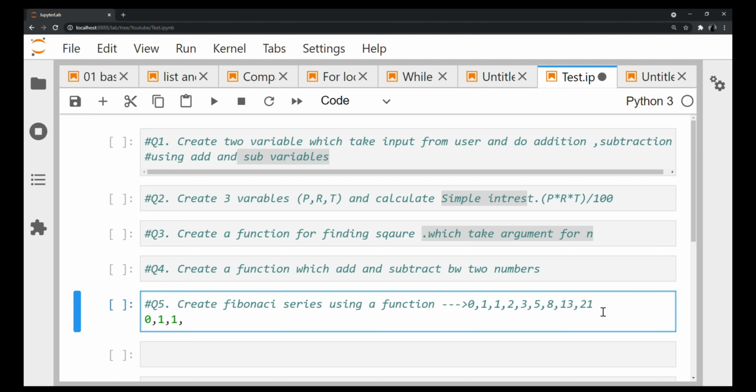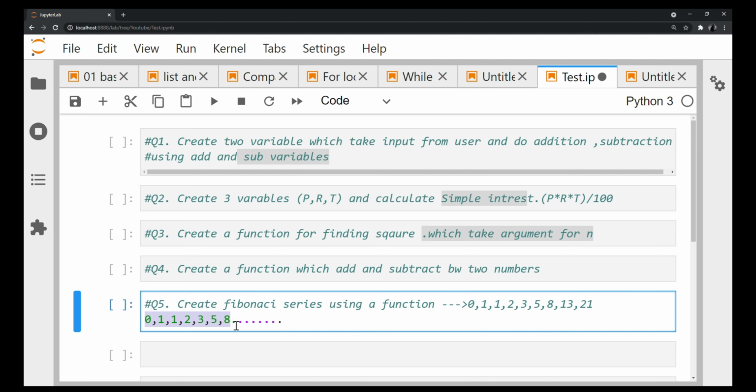And now what is the sum of the last two numbers? 1 plus 1, so it's 2. Now the last two numbers are 2 plus 1, so 3. Now 3 plus 2, 5. Now 5 plus 3, 8, and it goes on, right? So this will go on for whatever number you want. So you have to write a function here where you can give a range. I'm calling it out also, guys, you can use a range function also. Give a range for the count that you want.